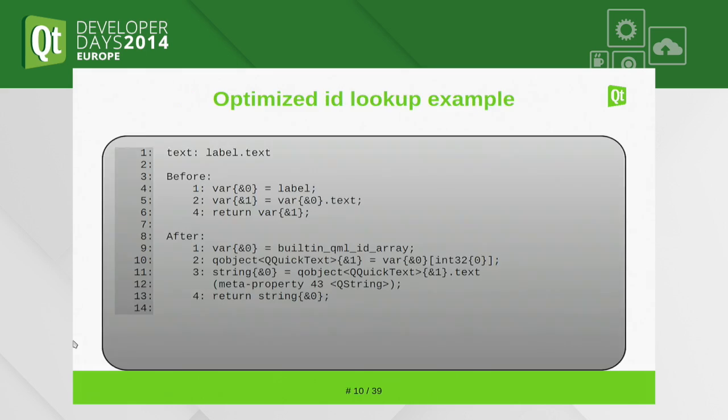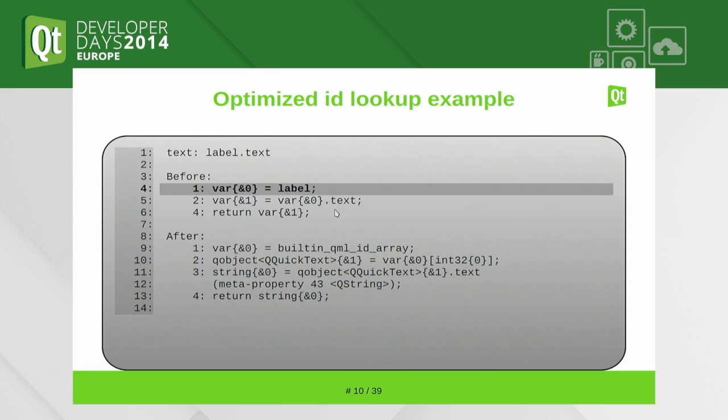And how this looks, I'm going to show you as an example. This is an example of our intermediate representation in the engine that we have. So we take those QML expressions and we compile them to an intermediate. It looks like an intermediate programming language, really, and it kind of is, but it's an intermediate representation. And so if we look at label.txt, this was actually before we started working on this. So in 5.2.0, it's still like this. Last year,